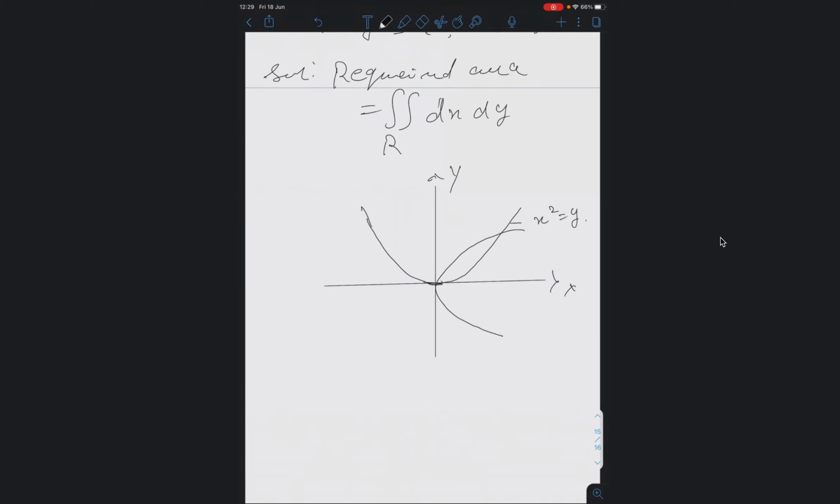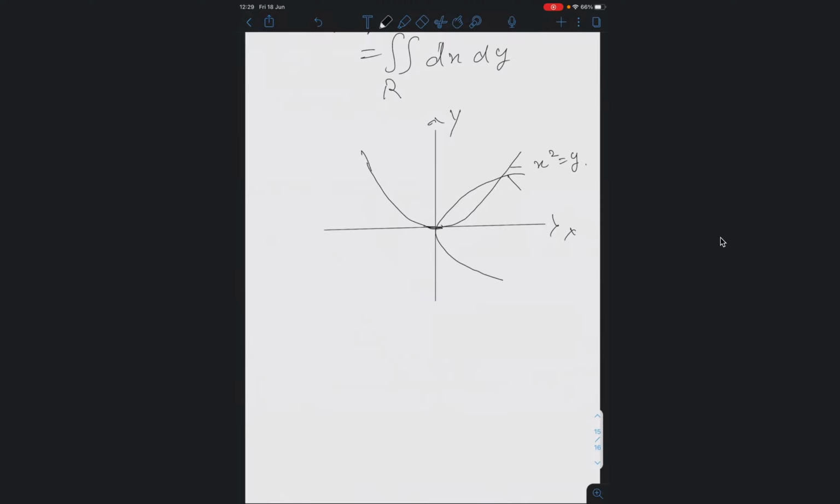So the next one, this curve is y square is equal to x. So what is the region of integration here? This is the region of integration. Now whichever strip you like, you can take it and solve the problem. Which order do you want me to take? dx dy. If you want to take dx dy, you draw the strip. Wherever you draw the strip, the region is not being divided into any subregions.